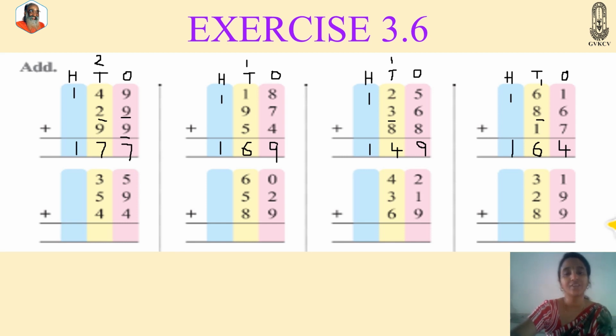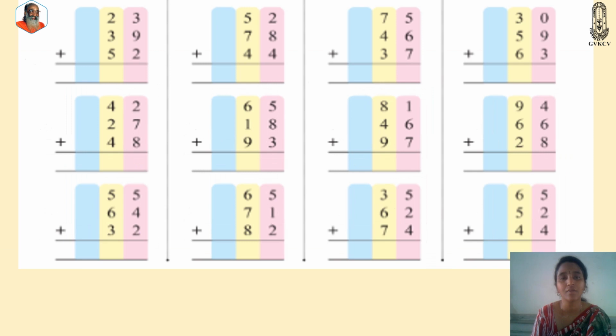Now do the second row of sums. I am giving you for practice. Practice them. This is also for your practice. Please note them down. Write neatly. Don't forget. Again I am reminding you to write hundreds, tens and ones on top of every sum. Regrouping ones, it will go to tens. If you regroup tens, it will go to hundreds. Okay, note down, solve it and submit to me.